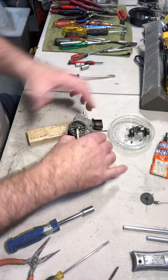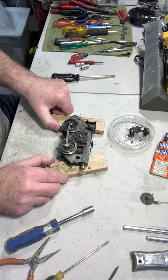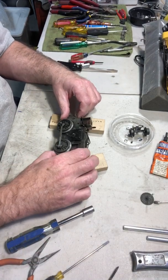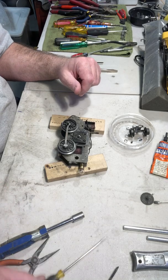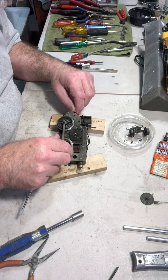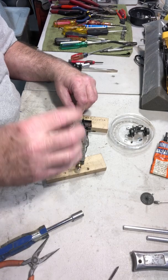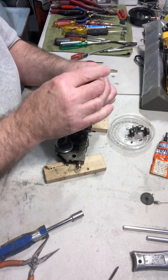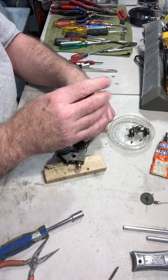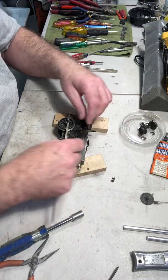So I have these pieces of wood I have around all the time. Helps me keep things kind of flat. So I have several blocks, different thicknesses and sizes, because every motor is kind of different. But this will help me keep this flat before I can work on it. So right here is where I'm seeing the grinding noise up here. So I'm going to take this off here real quick. This plate actually guides the armature pin through to keep it centered, and it also, on this model,